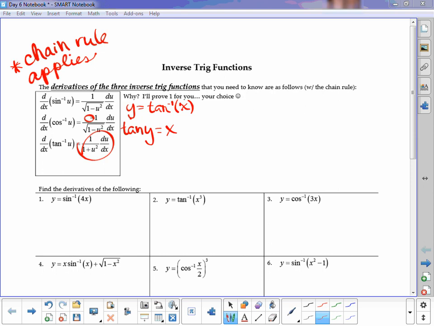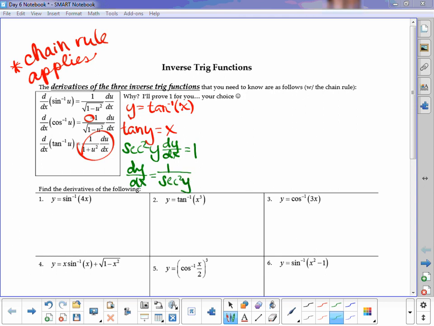Okay. Are we okay for me to move on from here? Okay, we made it. That's the hardest part. Alright, so now I'm going to do my derivative, and I'm going to have to do it implicitly, because now it's no longer an explicit function, but an implicit. So what's the derivative of tangent? Secant squared y, and then we're going to multiply by dy dx, because we're doing it implicitly. And the derivative of x? 1. So when I solve for dy dx, which is the same thing as our derivative, I get 1 over secant squared